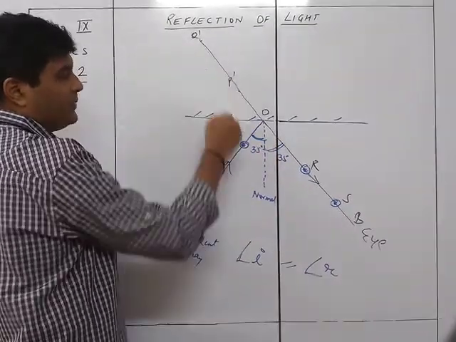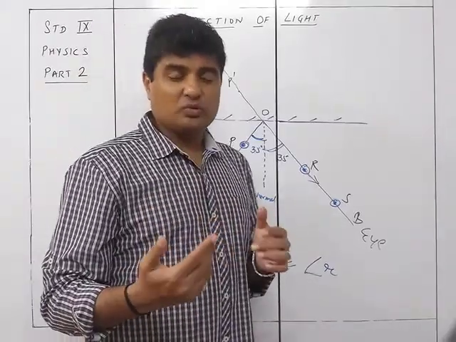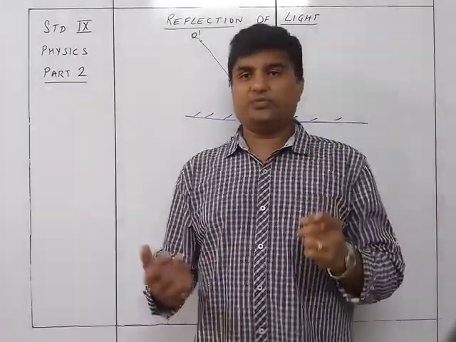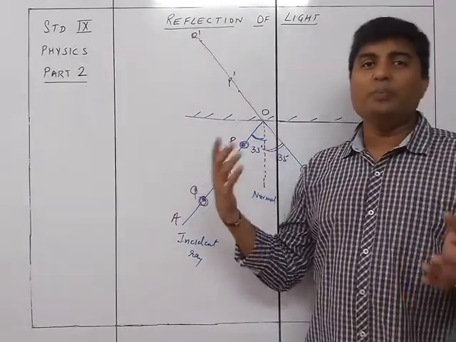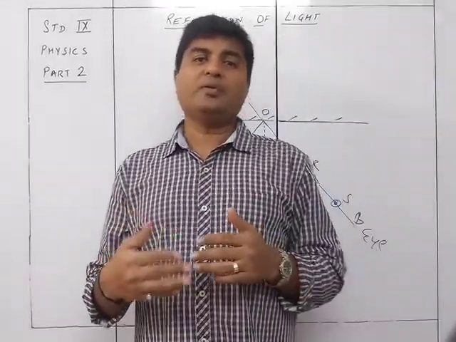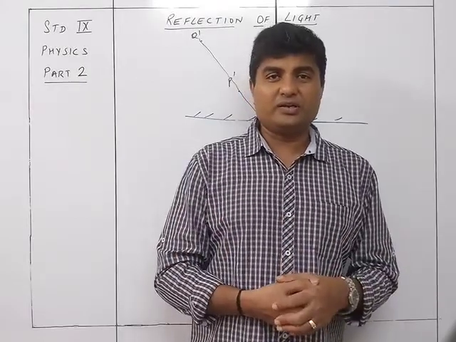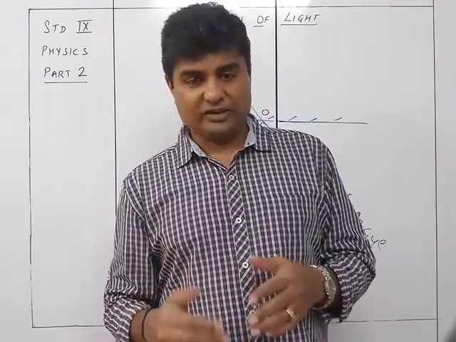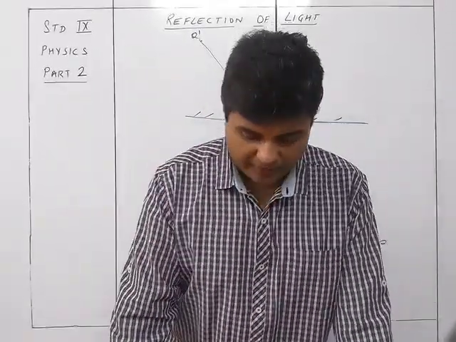Now this point and this point we are getting by reflection is by the ray diagram. So to draw the ray diagram, we are going to take two rays from this particular point and show how they are going to meet each other, either physically or virtually. That means when they are produced backwards, at that time they intersect with each other. The point at which they intersect each other is the point of the reflection. We are going to understand this much better when we actually draw the ray diagram.